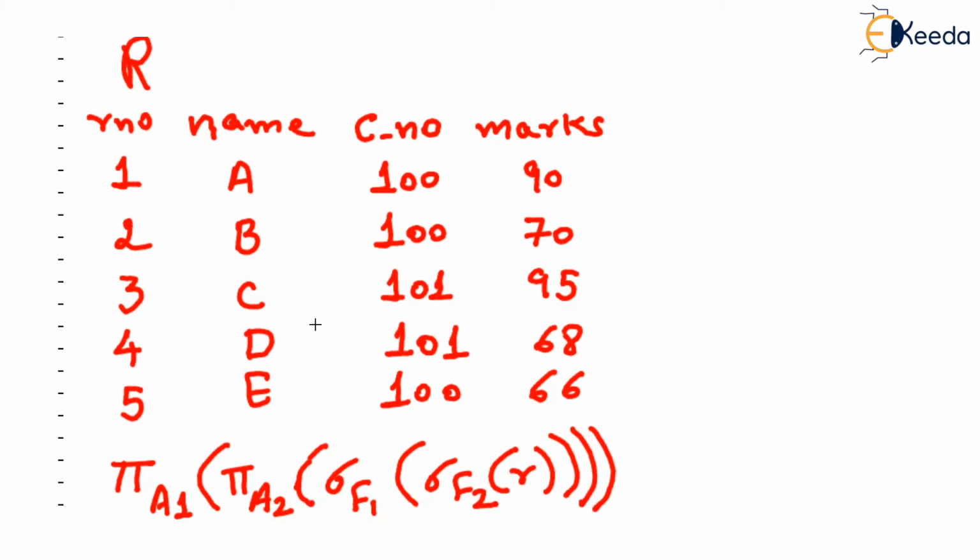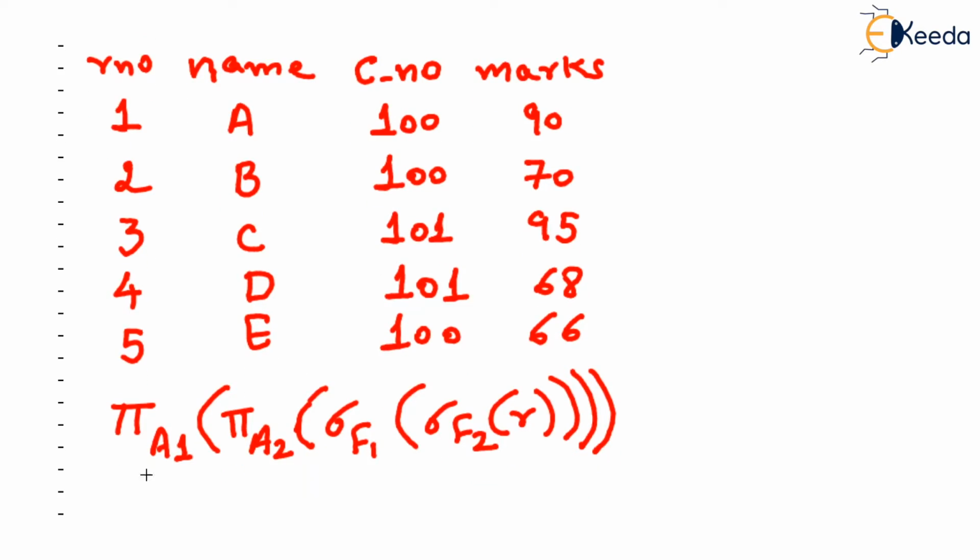And what I have done then is that I have written the original expression over here. Now, just try to dissect this particular expression. The innermost bracket will get solved, isn't it? And what is it going to do? It's going to return the tuples from relation R which satisfy the Boolean expression F2. So let us say that F2 is a Boolean expression which represents some condition like this: marks greater than, let's say, 65.